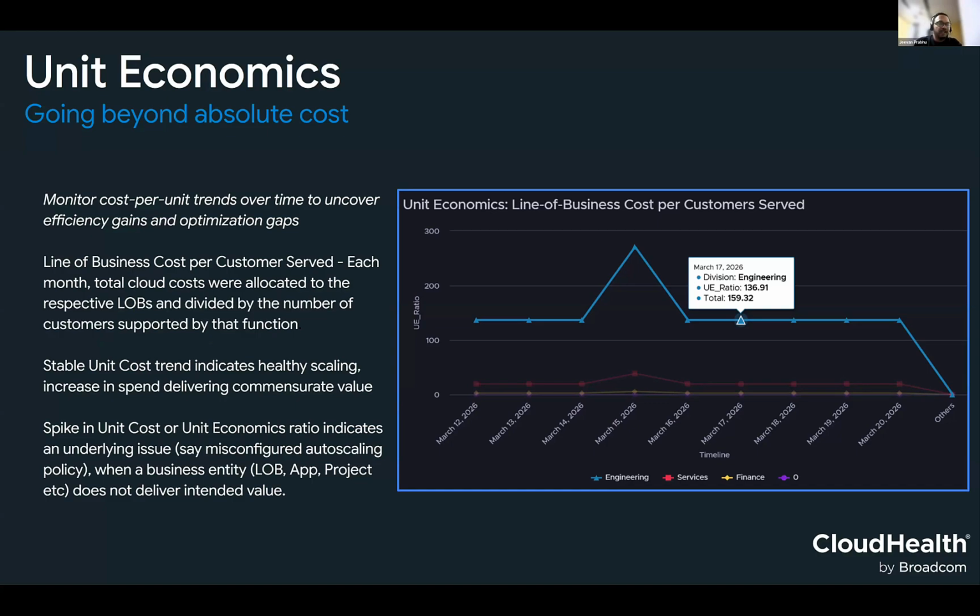Right. This is where we want to take real optimization towards, where through Data Connect, you can give us the value drivers, right? A value driver, when I say for line of business, it could be customers served by these lines of business. So these lines of business are incurring cost, but at the same time, how do they deliver value is by serving customers. So how many customers are they serving? Right. If it is an application, let's say a know your client application, the value driver could be number of customers screened. If it's a web app of some kind, it could be number of API hits, or number of users logging in, because CloudHealth doesn't have that data, but it has good understanding of your constructs of application, line of business, and what is the cost of those, right?